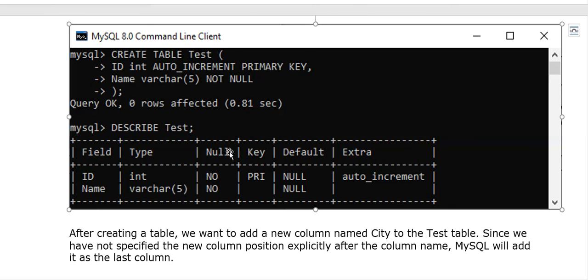These are the columns of the description. ID and name are the fields, the two column names with their specific data types, integer and varchar. Null is not allowed here, so no. Key is applied, the constraint on that ID, so you can see PRI, primary key. Default value is null. And in extra, we have some other specification added as a function. So what is the function we are using here?